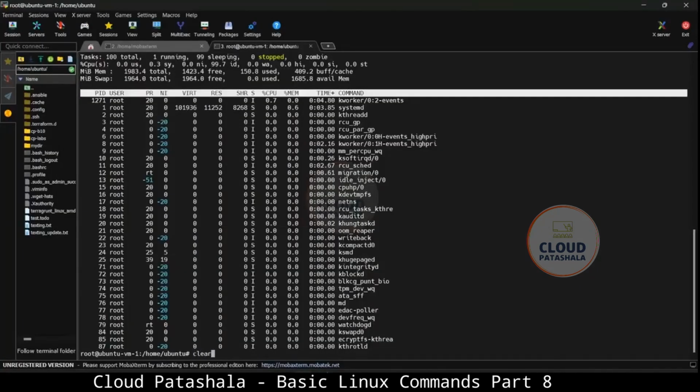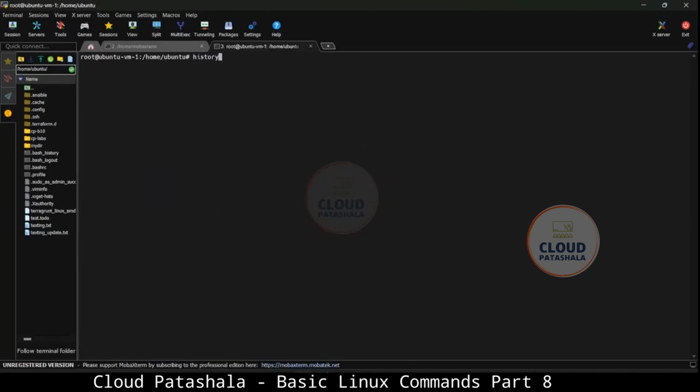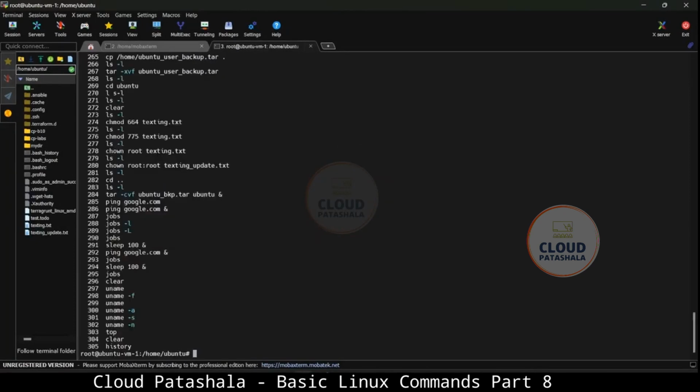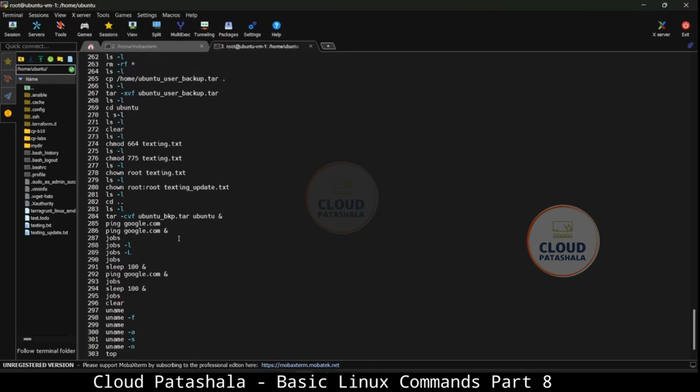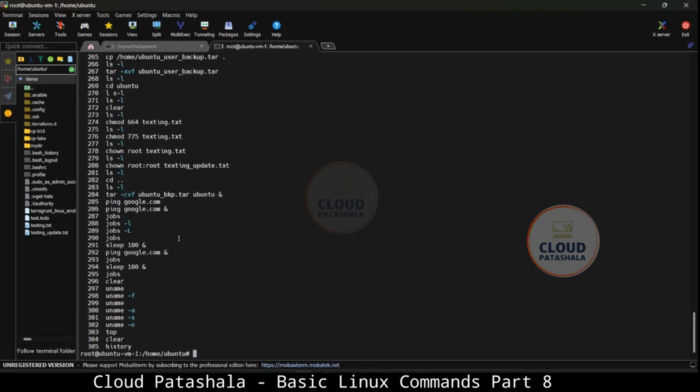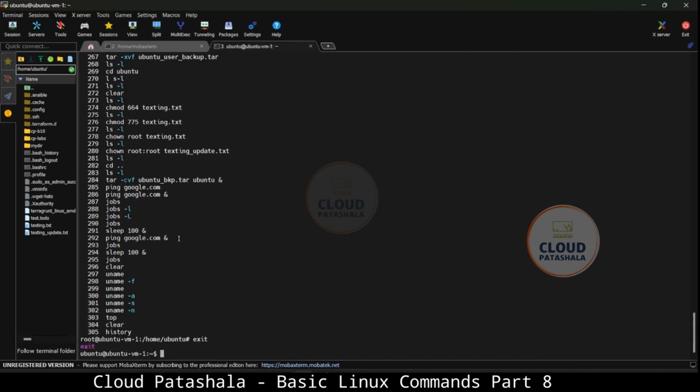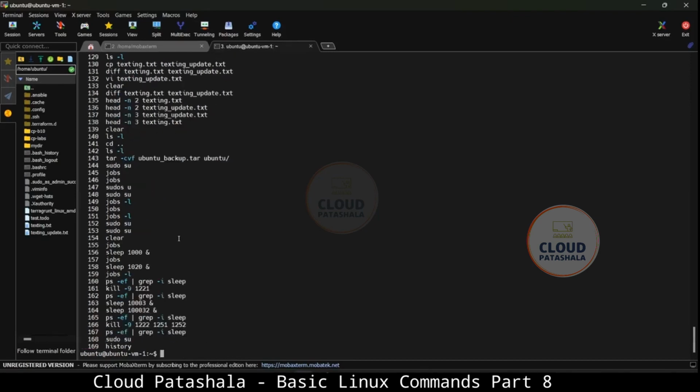So on this existing server, I have already run a bunch of commands. You would see that I currently have around 305 odd commands that are already run on the system, and this is how we sum everything up. Now you would notice that I am on the root user. Now if I type the history command over here, the user details might change a bit, and you would see